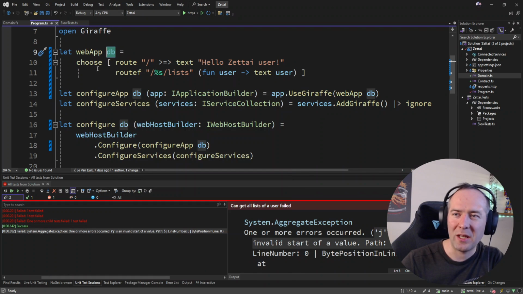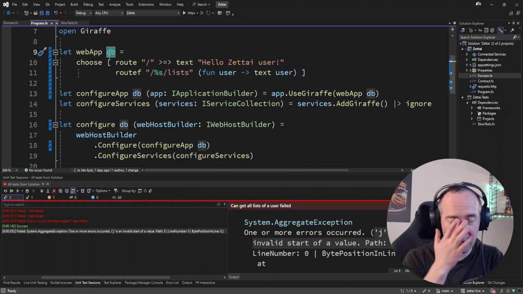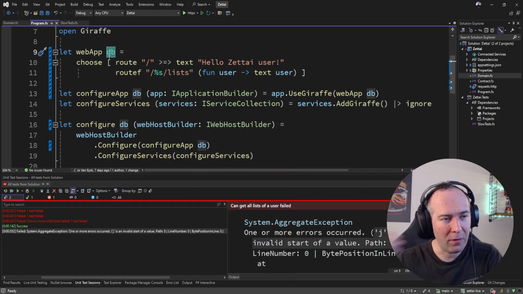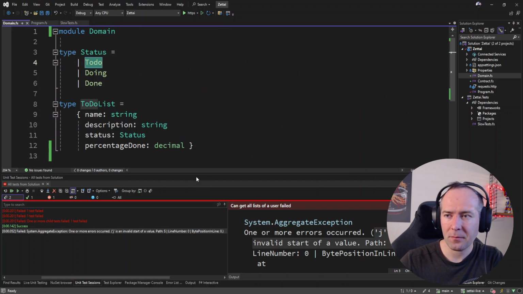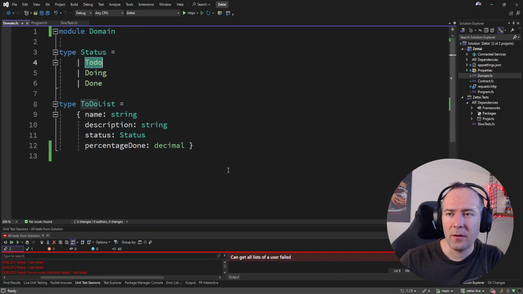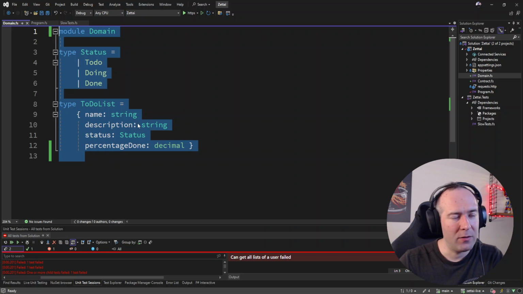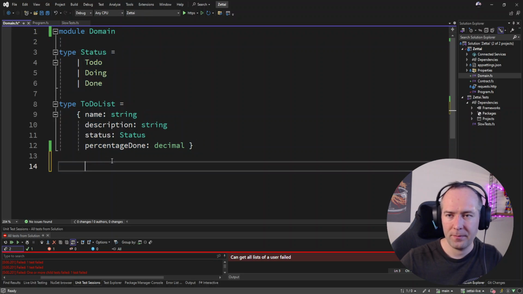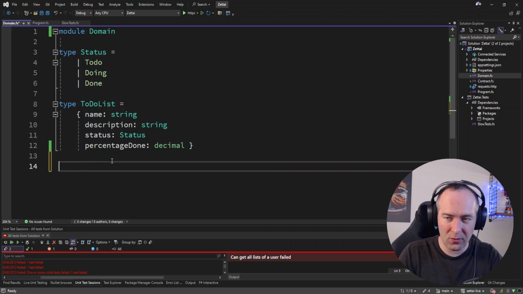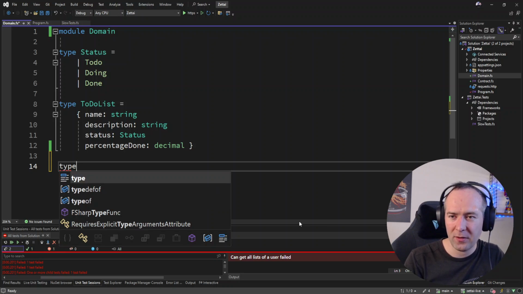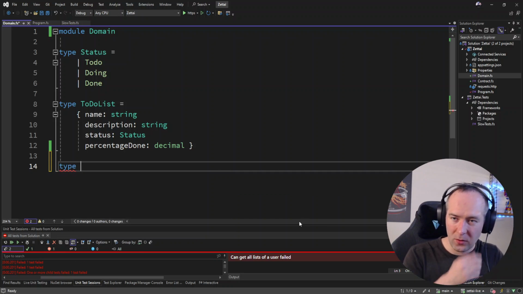So actually DB was a bad name. I just want a function that, given a user, returns a list of books, or sorry, a list of to-do items. So let's drop back to our domain. These are the types we had. Let's now introduce a function type. Functions can also have types, and you can declare them just as you can with the records and union types, as you see here. So let's declare a function type and let's call it